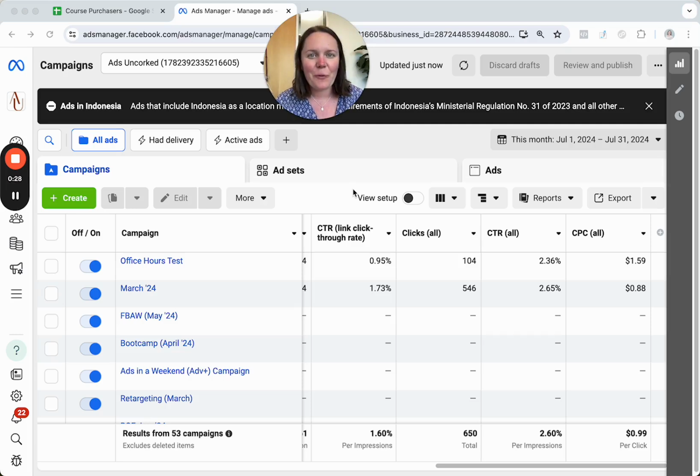Top metrics that I look out for every single one of my e-commerce clients when it comes to Facebook and